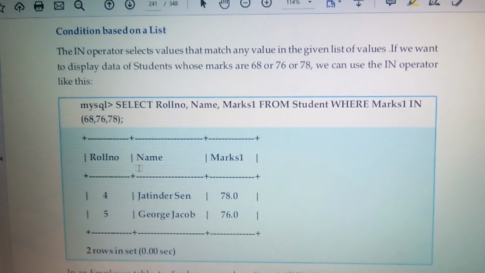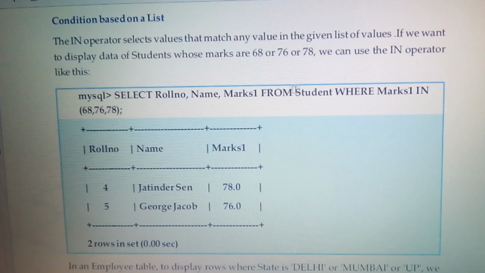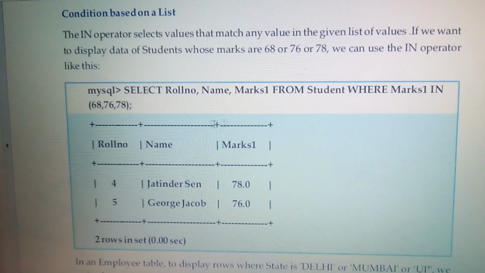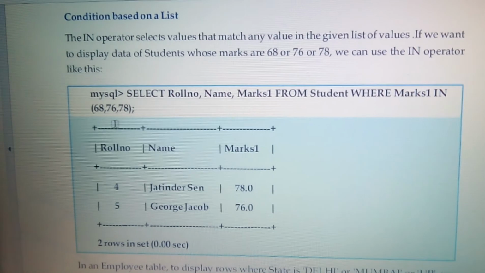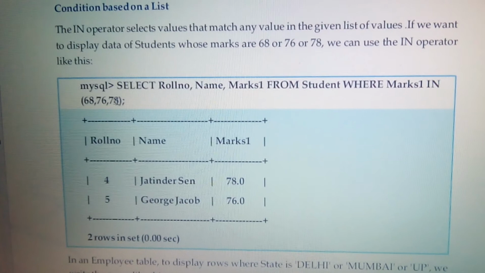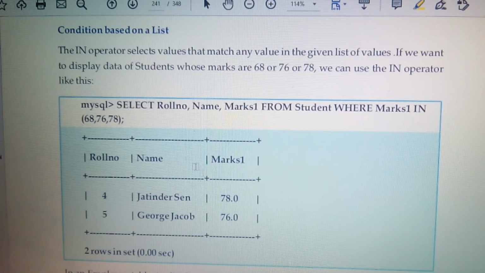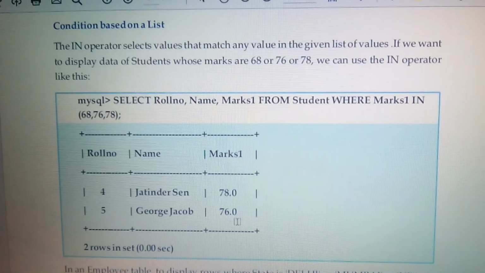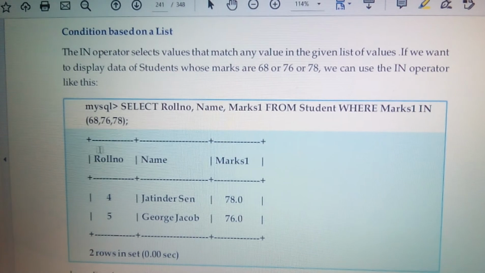See how we use that operator: select roll number, name, marks from student where marks in, and in brackets I have written 68, 76, 78. It simply means that if the marks match these three values, I fetch only those details. From here you can find 78 and 76 are there, 68 is not there, so 68 is discarded. Okay.